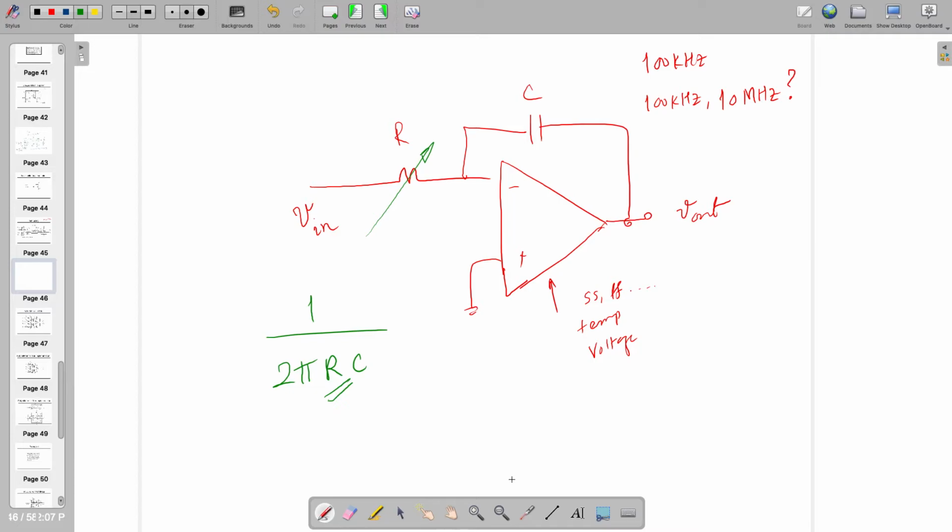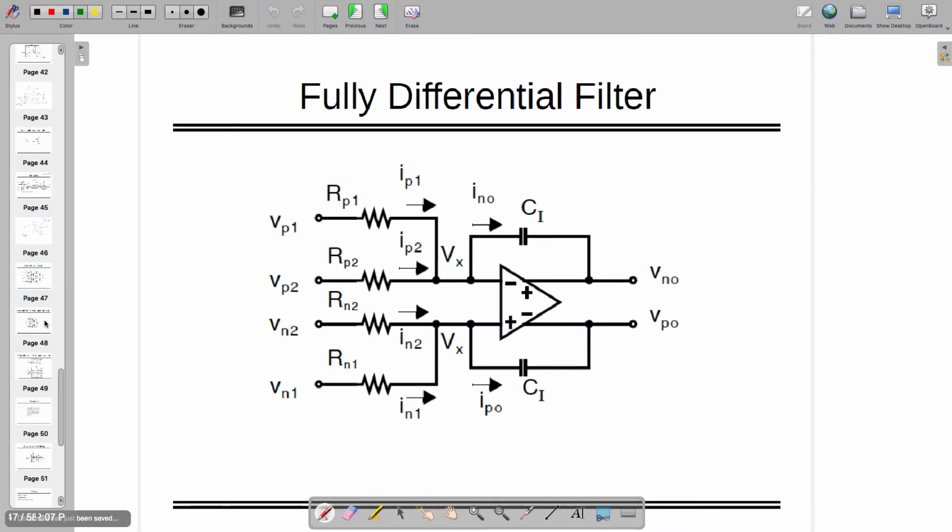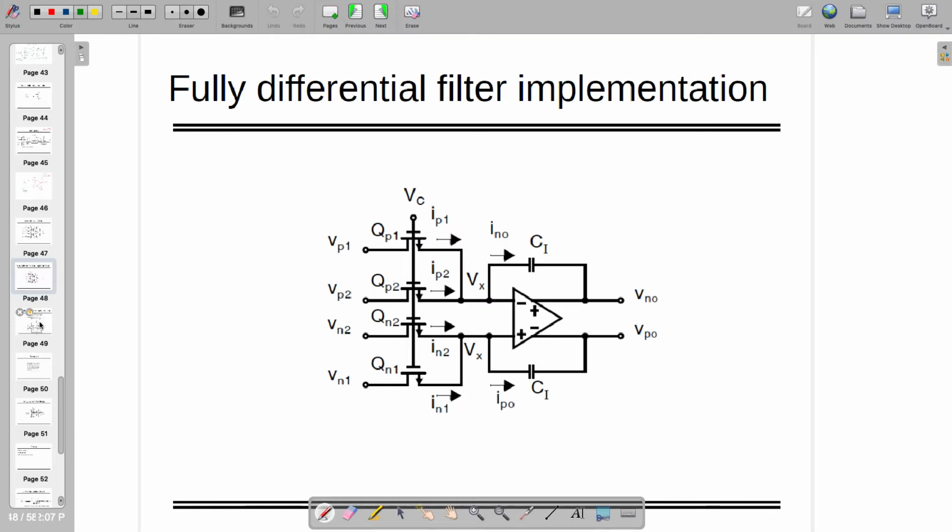Okay, so what you are saying, he is designing, let's say, a fully differential filter like this. So what he is saying is, instead of this, let's add something. This is what you are suggesting, right? Where there is a controlling voltage, across corners, across different places, it has to be different. But this control voltage has to be controlled by